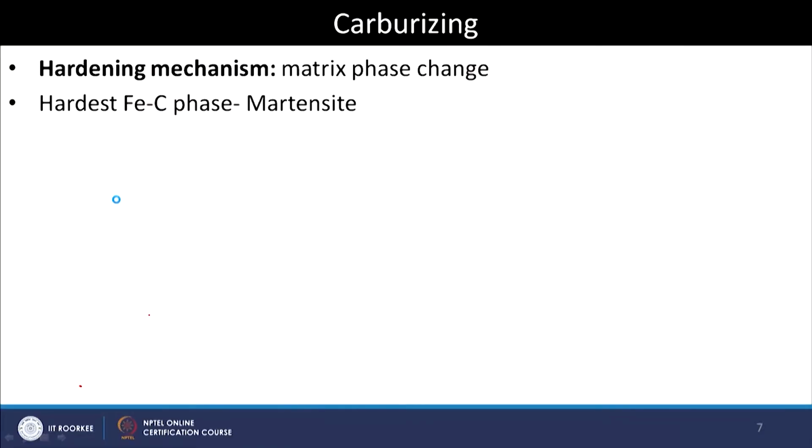We discussed in the last lecture the three possible ways we can harden the surface region material of a component. One is by precipitation hardening, another is by solid solution strengthening, and the third is by changing the phase of the existing material surface. That means initially it is a tempered martensite, which is martensite with precipitated carbides. Now we will change that to purely martensite.